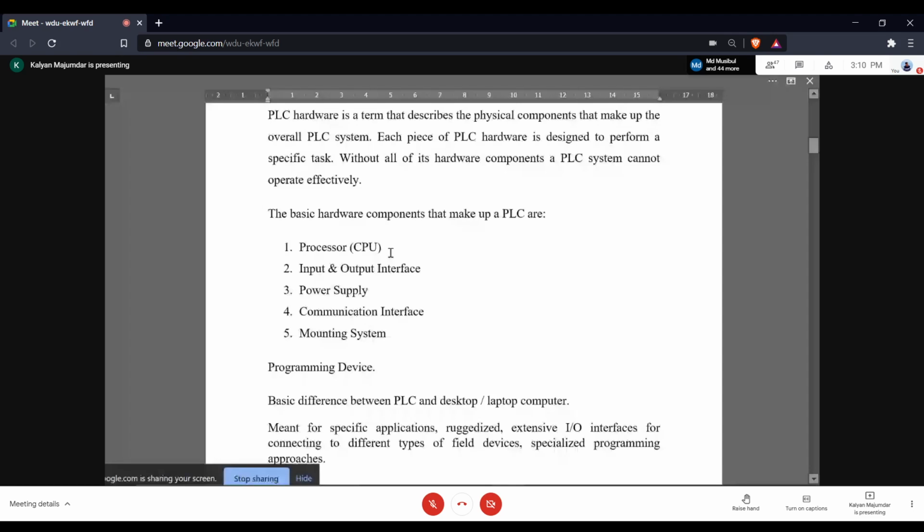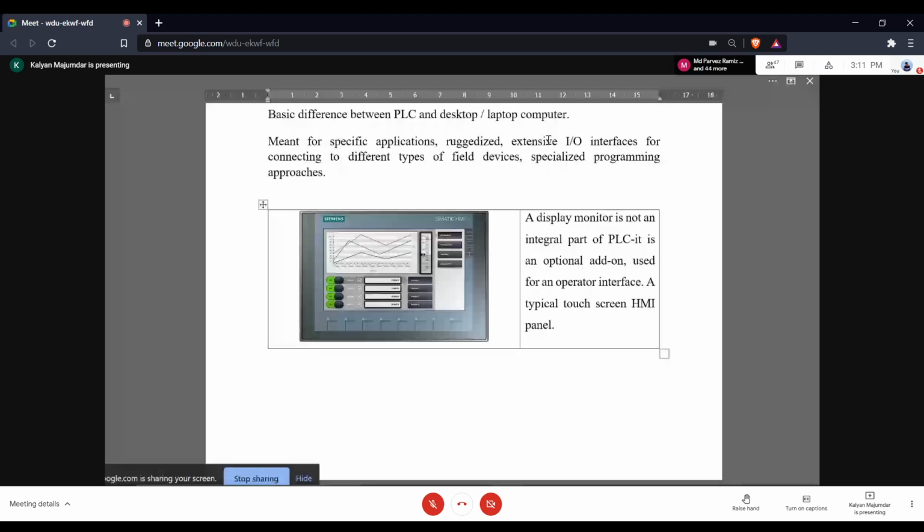But in case of a PLC, the application is very well defined. The person who is making the PLC very well knows where this particular PLC would be used, for what application it would be used. So in case of PLCs, the application area is well defined, unlike what happens in a computer. A computer is a generalized computing device, could be used for a wide variety of applications. You download the necessary application onto your operating system, and then you can do the job that you're interested in. Second difference,